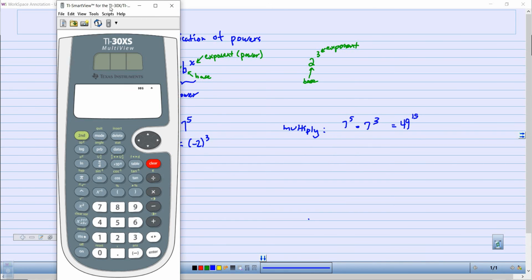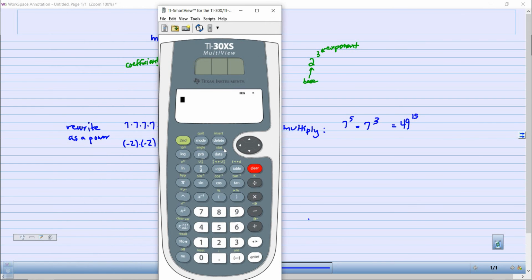All right, so let me just check my answer in the calculator. I'm going to put in 7 to the 5th power. By the way, that caret right there, when you see that, that means to the 5th power. Okay, and then I'm going to put times, and then I'm going to do 7 to the 3rd power. So do you see how I have 7 to the 5th power times 7 to the 3rd power? And my calculator tells me, whoa, it is, let's see here,